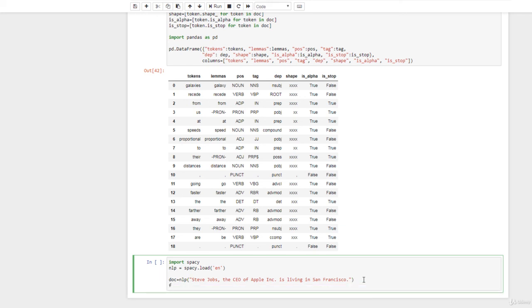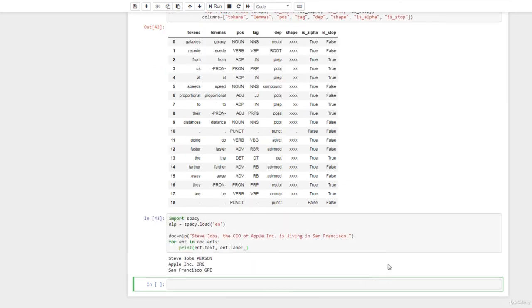And then we will type in for ent in doc.ents colon, and then print next line opening parentheses ent.text comma ent.label_ and closing parentheses. And what we get here and what we see is that without applying any other procedure, with just a few lines of code, Steve and Jobs are recognized as one